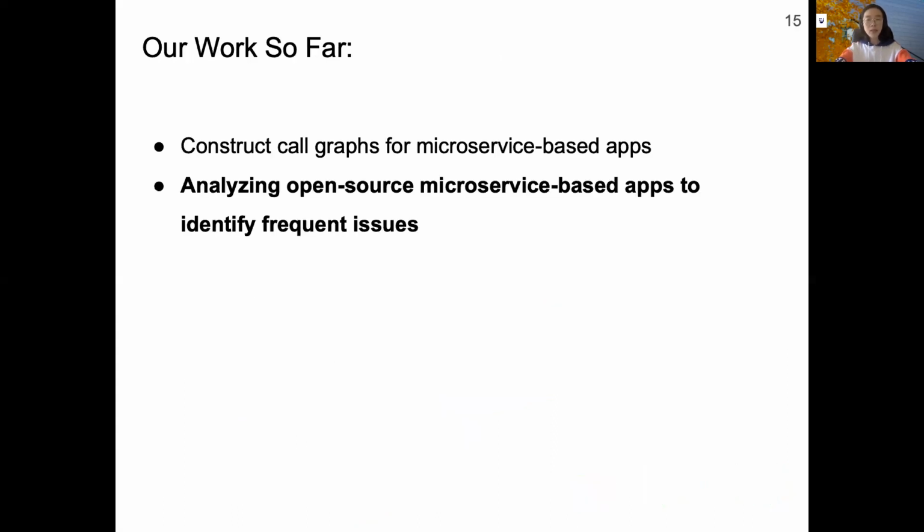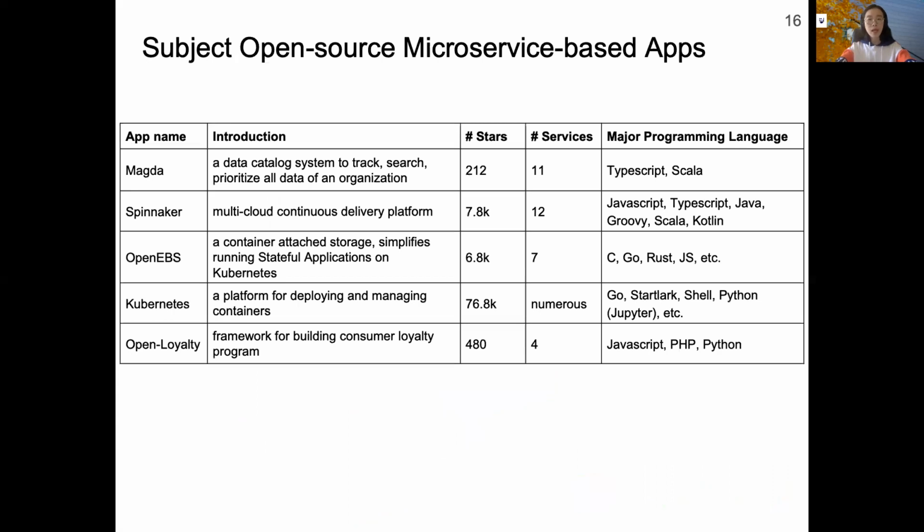Besides the code analysis work, the second part of our work is to empirically identify the most frequently occurred issues in microservice-based apps. Towards that end, we are collecting open source applications that are developed using the microservice architectural style. Then we are manually analyzing the failures of these applications to identify the most frequent issues or microservice-specific vulnerabilities that